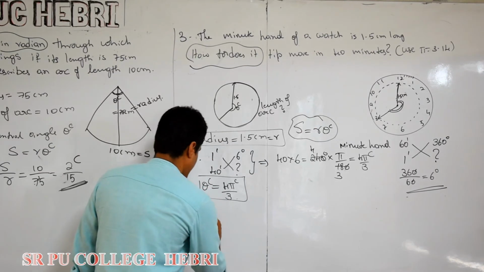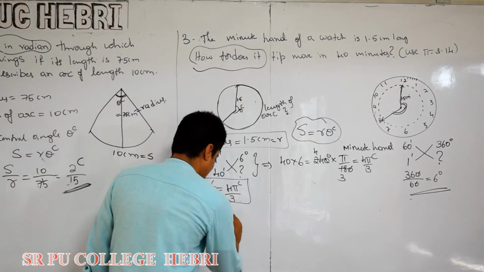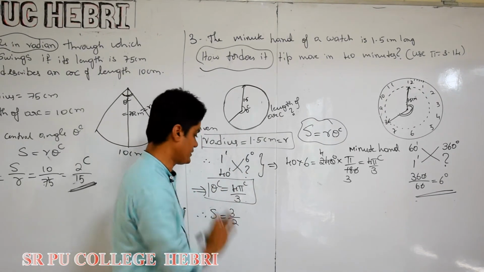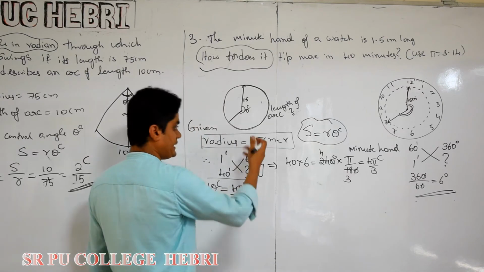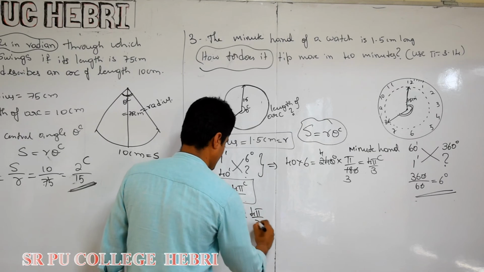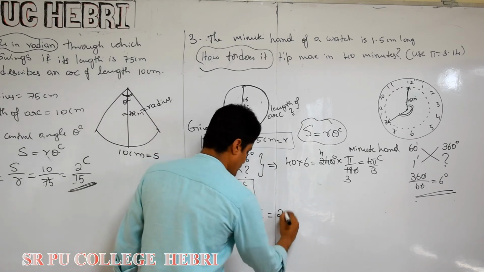So therefore S is equal to r andre no 1.5. I'll write 1.5 as 3 by 2. Only 1.5 hage itre you need calculators. I'll show you without a calculator. Okay, you can solve this problem. Write 1.5 as 3 by 2. What is theta? 4 pi by 3. Correct? 3 cancel, 2 1s are 2. So it is 2 pi.